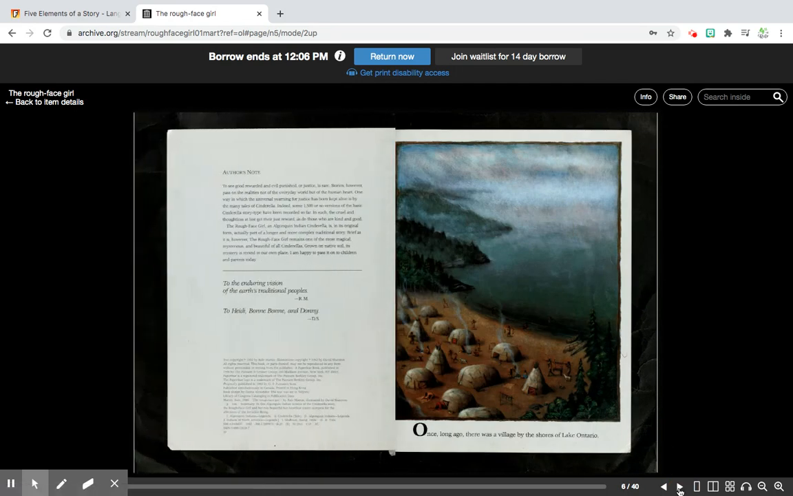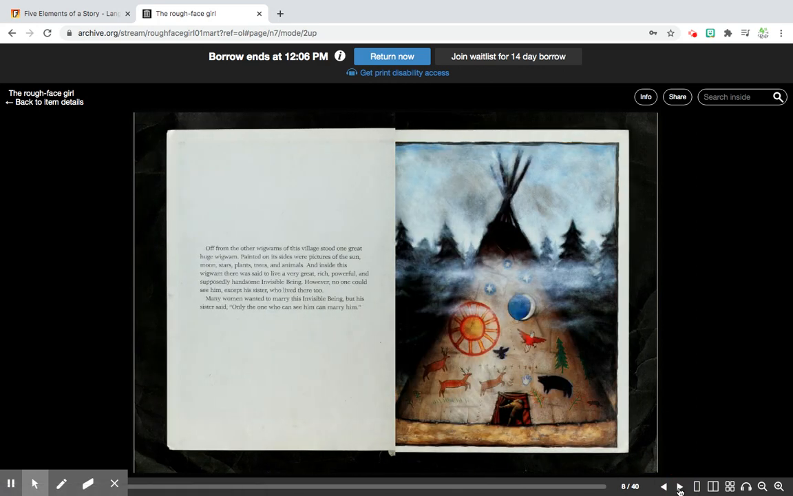Once long ago, there was a village by the shores of Lake Ontario. Off from the other wigwams of this village stood one great, huge wigwam. Painted on its sides were pictures of the sun, moon, stars, plants, trees, and animals. And inside this wigwam, there was said to be a very great, rich, powerful, and supposedly handsome, invisible man. However, no one could see him except his sister, who lived there too. Many women wanted to marry this invisible being, but his sister said only the one who can see him can